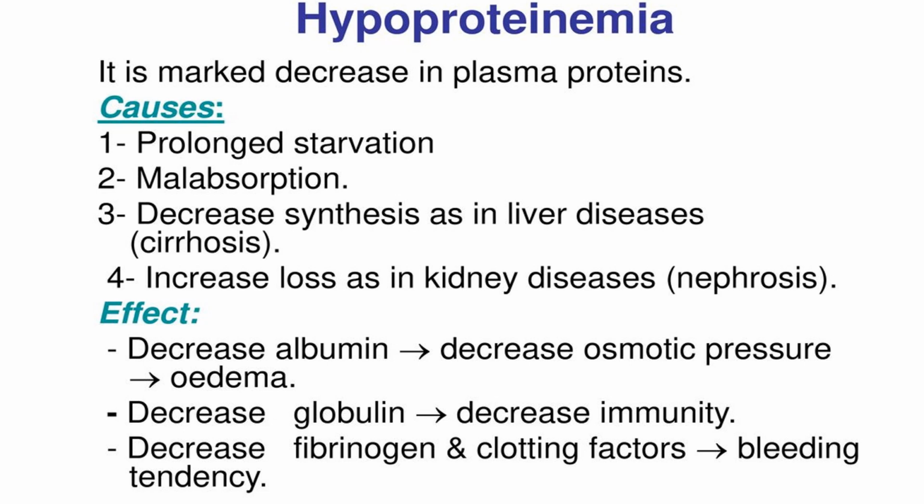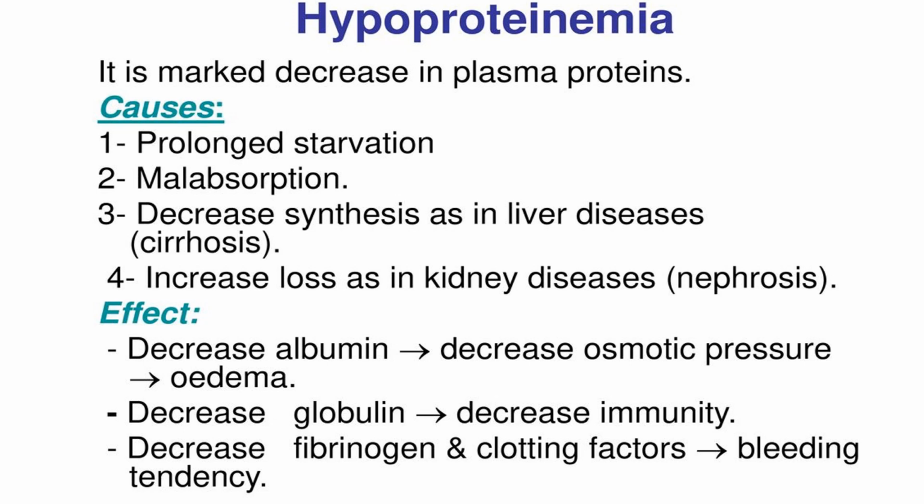malabsorption from the GIT. As we have discussed earlier, plasma proteins are mainly categorized into two categories, and one is synthesized by the liver. So if the liver is non-functioning for any reason, due to cirrhosis of liver, hepatitis, or any pathology, then the liver will not be able to synthesize protein as required by the body. And then the liver may be capable of synthesizing protein, but the body is losing that protein in the urine, like in nephrotic syndrome. So nephrotic syndrome, cirrhosis of liver, defective absorption from the GIT, and prolonged starvation are the main reasons